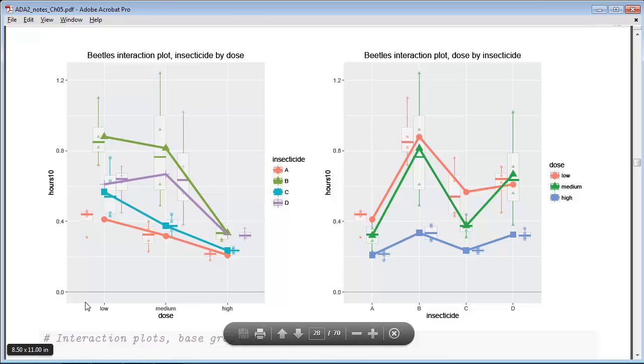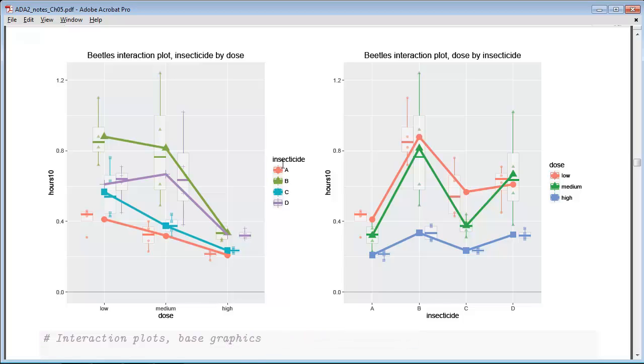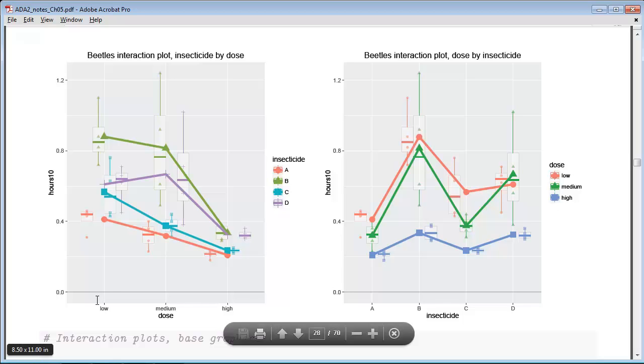On the left, we've got encoded on the x-axis the dose, and then encoded as colors are the insecticides. The plot on the right does just the opposite. It does insecticides as the horizontal axis, and colors are dose. But I think looking at the doses, low, medium, and high, for each insecticide, for example, A is red, and